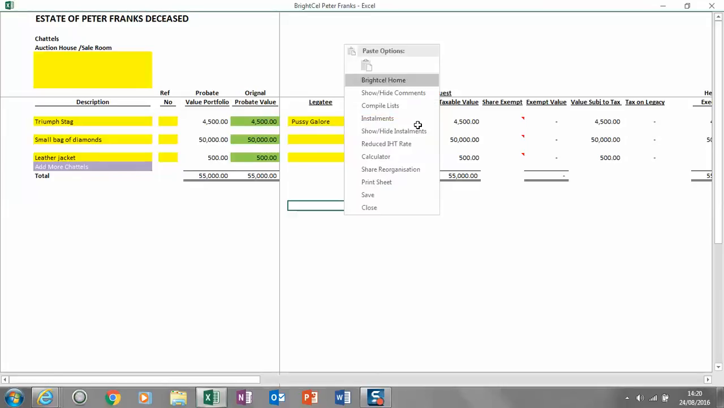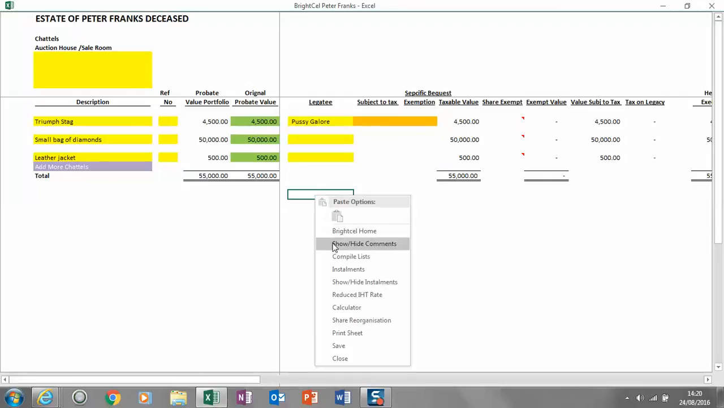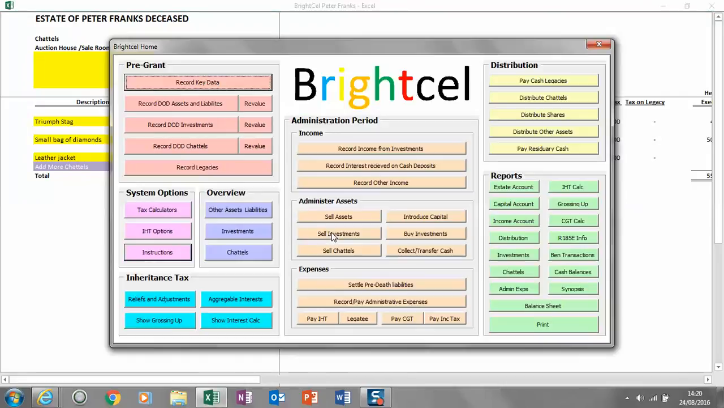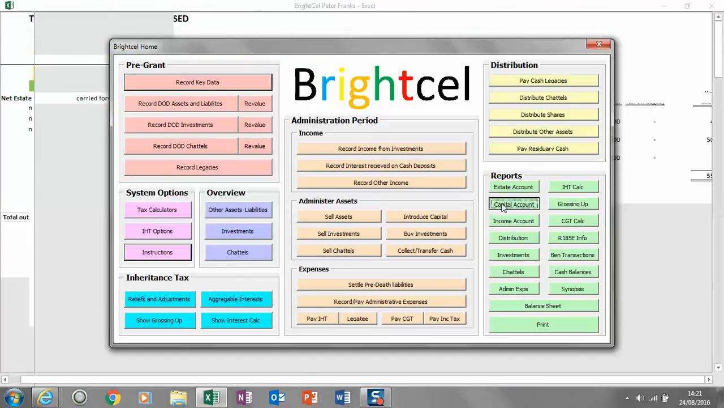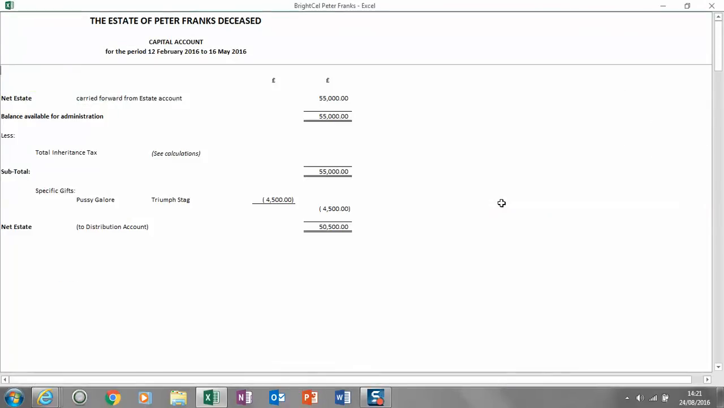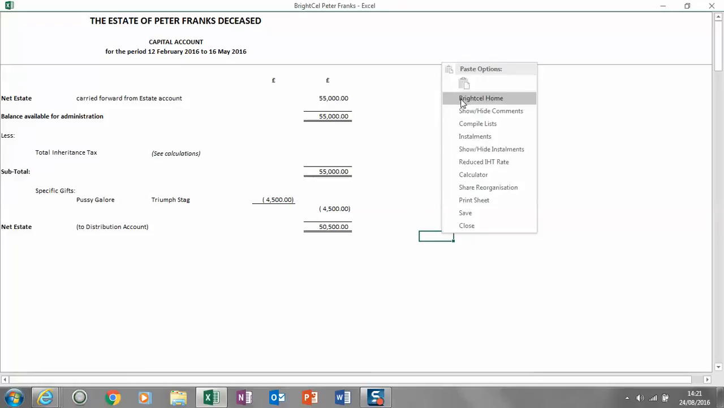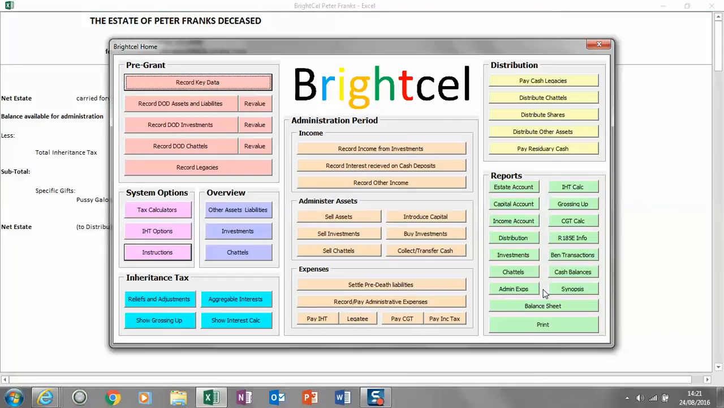That's it. So we can now go back to the home page and we can now take a look at our capital account, which will show you the 4,500 Triumph Stag. That's there. That's for her. That's shown as a legacy on the capital account. And if we go to the balance sheet,